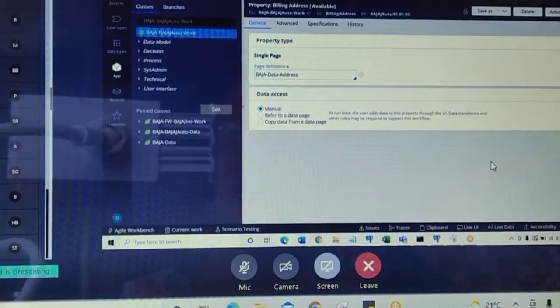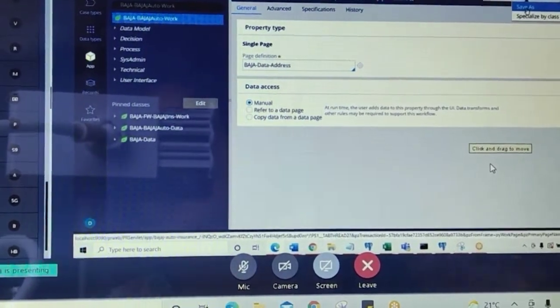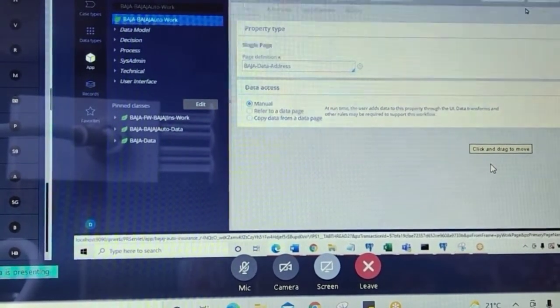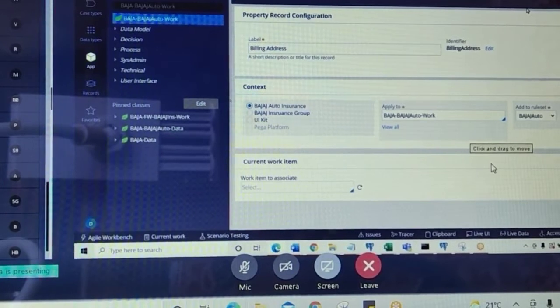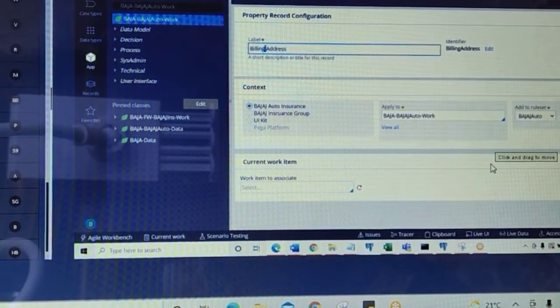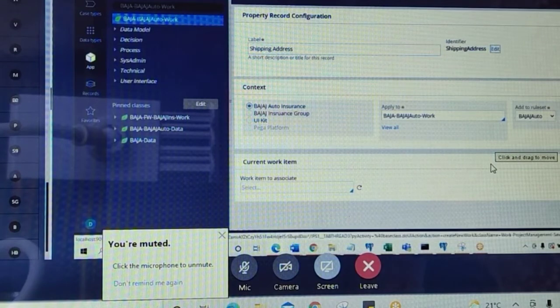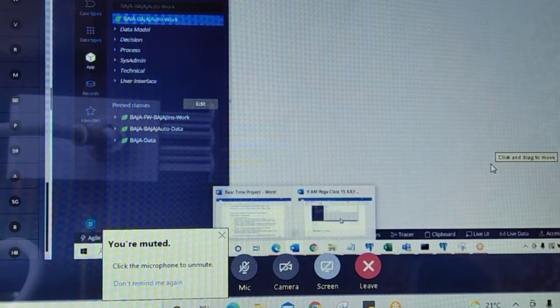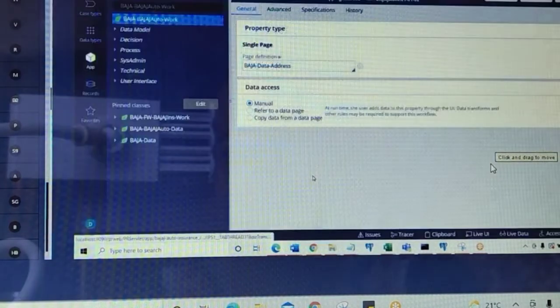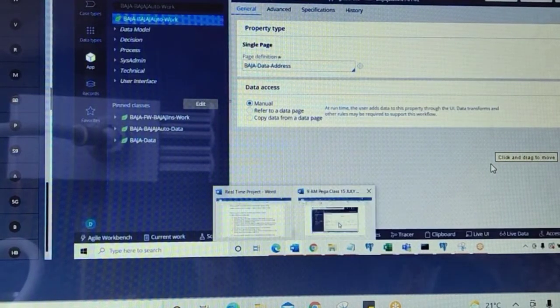To make it simple, easy to do is save as: shipping address, create and open. Save this, done. I created 2 pages.